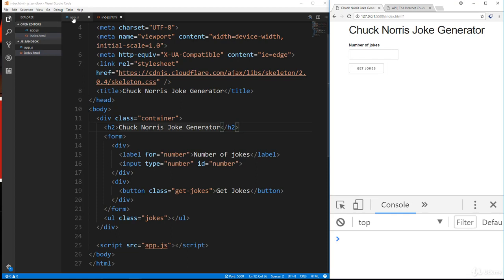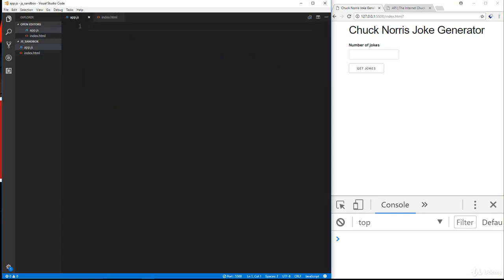Okay. So let's go to our app.js file, and we're going to be using DOM techniques that we've already learned. We need to first grab the button, because we need an event listener for when that's clicked. That's when we want something to happen. So we're going to say